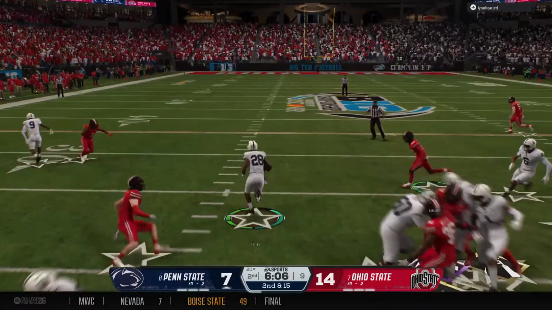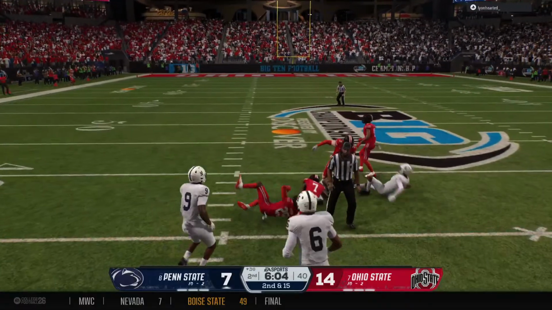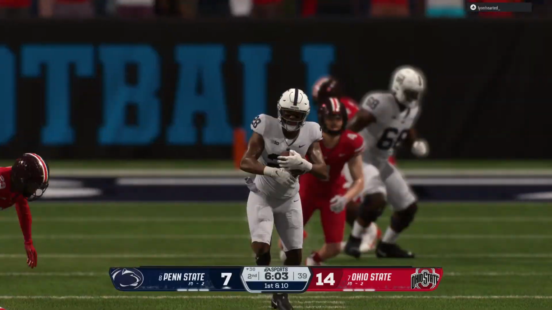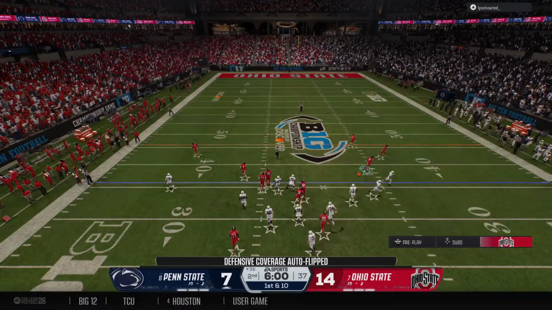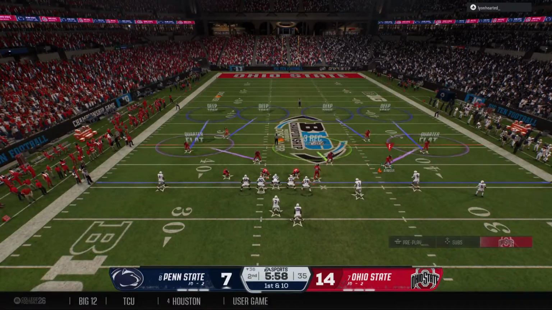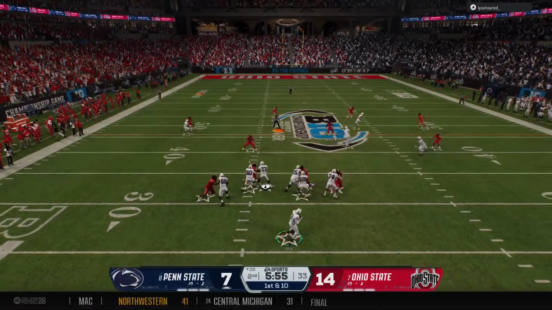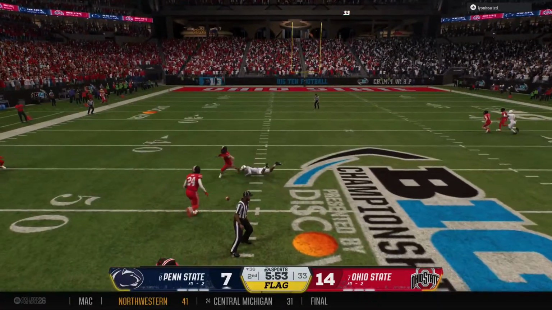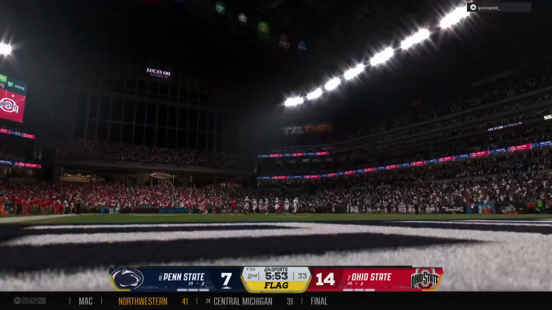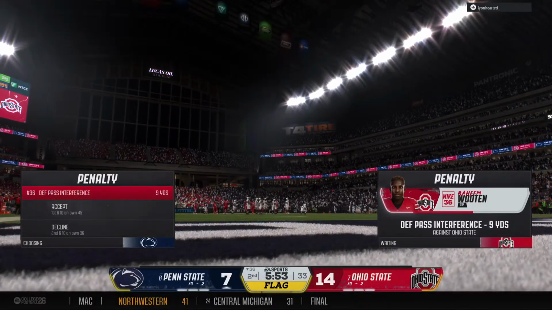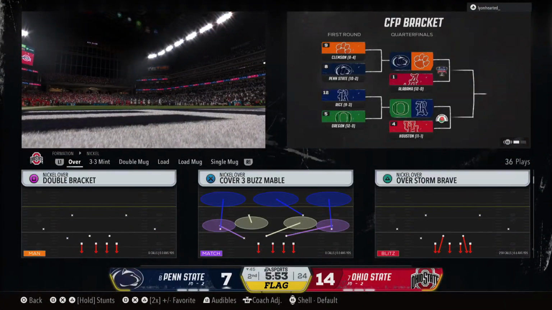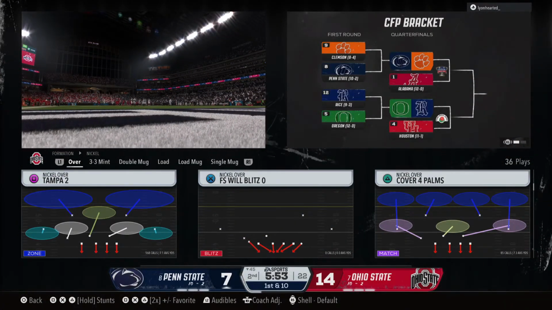It's a shotgun run call. Gets some space around the 30. They get him down, but the gain moves the ball up to the 36. And the Nittany Lions hustle to the line to run the hurry up. Looking for the wideout. Incomplete, but a late flag comes in. A lot of contact. The offense gets a fresh set of downs after the PI. We'll see if the defense can regroup.